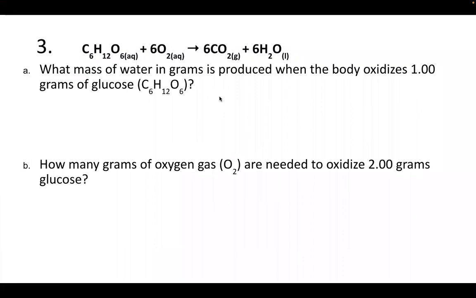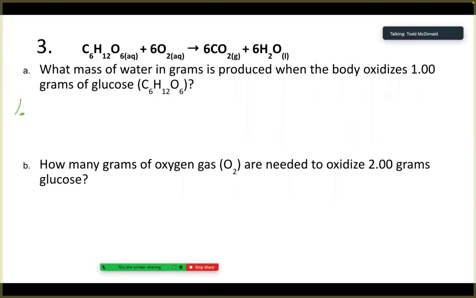of glucose. So start with our 1.00 grams of C6H12O6. What we are trying to figure out is the mass of water. So we're converting from glucose to water. So first step of the process, get rid of grams of C6H12O6. I'll spot you the molar mass here momentarily. We're going to change it to moles of